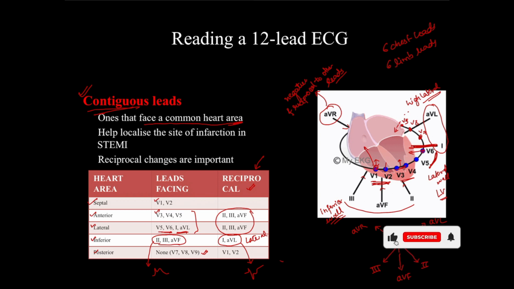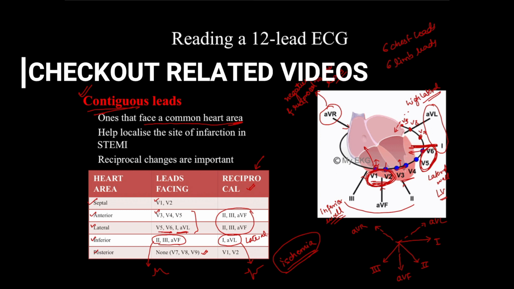Okay, not only in ischemia. This concept is very helpful in understanding the wall involved in the heart in ischemia, that is STEMI or otherwise. But this is also very important to understand various conduction abnormalities and chamber enlargements. As you know, V5, V6 look towards the left ventricle, V1, V2 are the ones towards the right ventricle and the right atrium. So these leads are very important in considering changes in respective muscle mass and chamber enlargements also. So this concept should be understood before moving further.